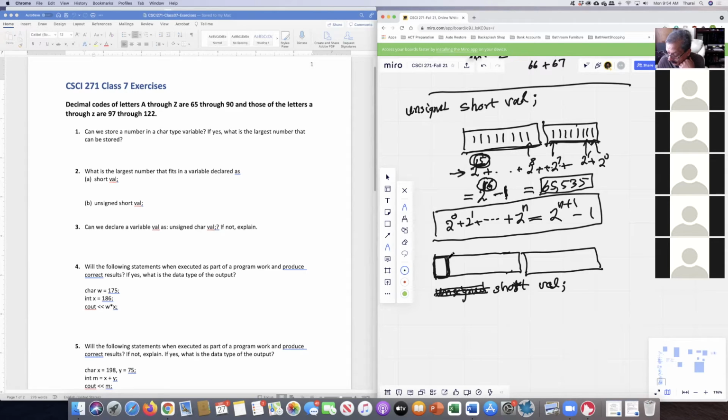So it'll be 8 ones in the second byte, and only 7 ones in the first byte, because the 8th bit is the sign bit. So you want to evaluate this number in decimal form. So then it's 2 to the 0 plus 2 to the 1 all the way to 2 to the power